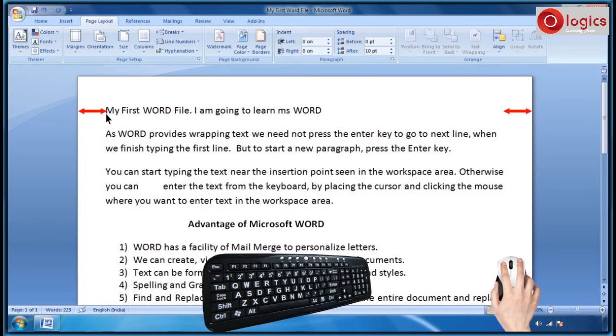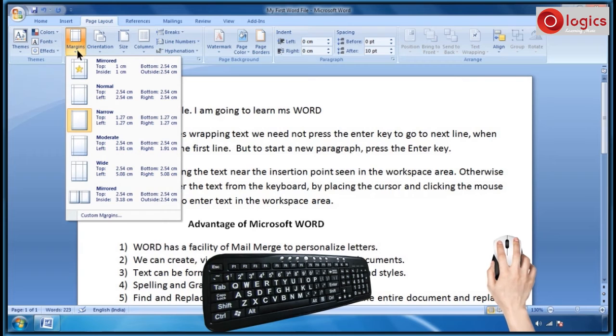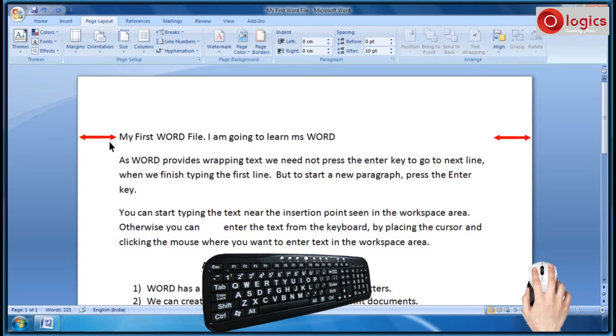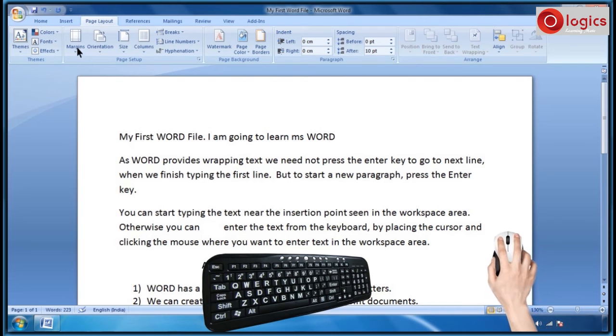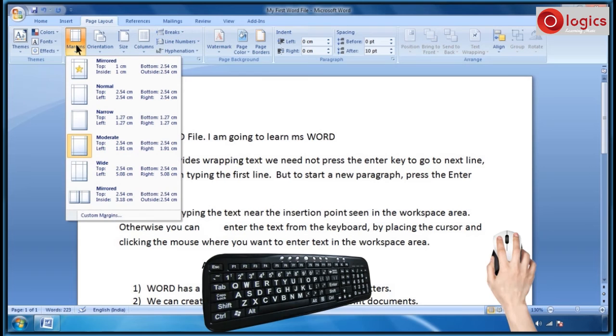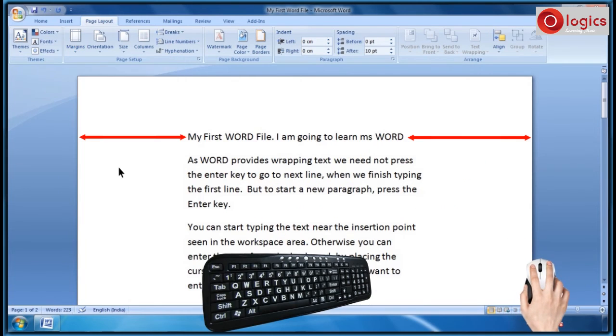Now let us change it to another margin type, moderate. This is the moderate margin of the page. Let us see one more, wide margin. This is the wide margin page.